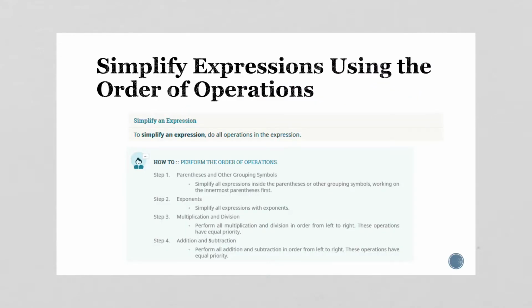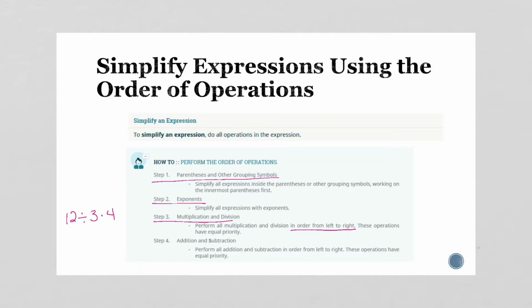All right, so order of operations is a big deal. I've already mentioned it once in this video. So step 1, parentheses and other grouping symbols. Then you do the exponents. Then you do multiplication and division in order from left to right. So that means if division comes before multiplication, whenever you're reading it from left to right, you would do division first. So if I have something like this,